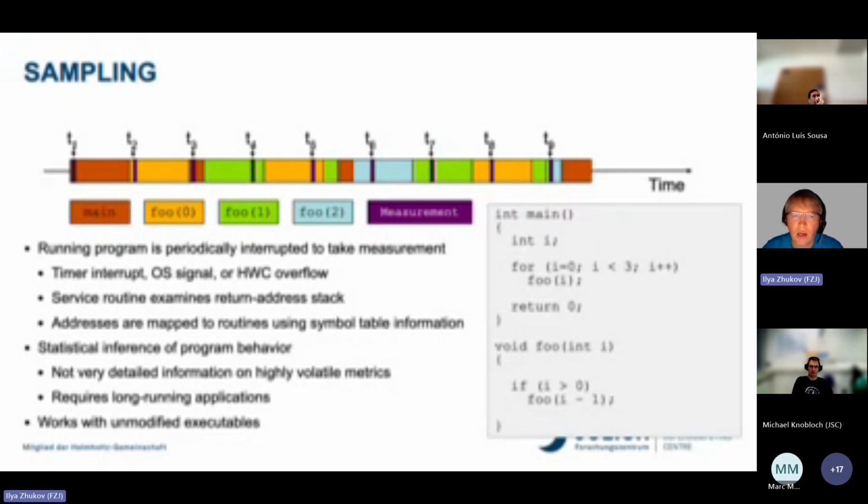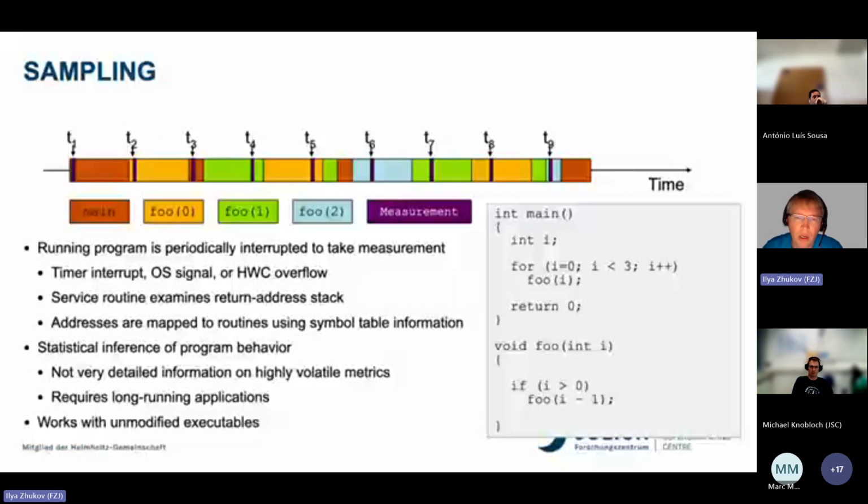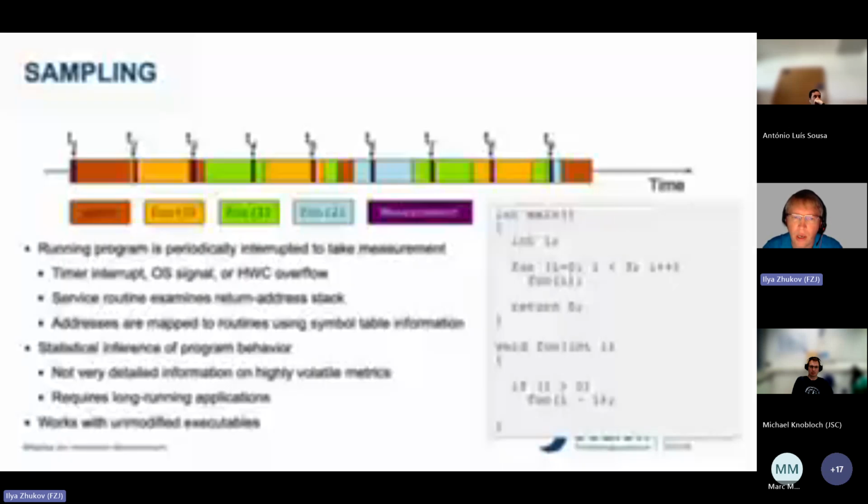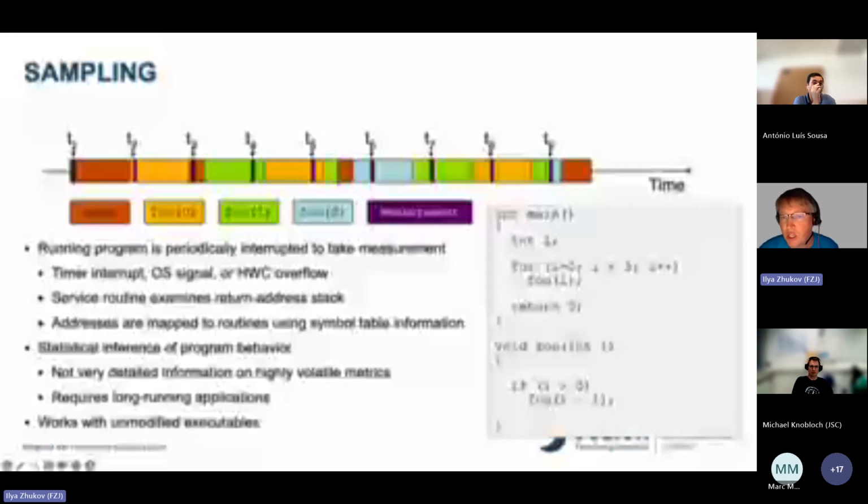There are different methods to invoke the sampler, for example, with a timer interrupt or signal or hardware counter overflow. But you can already see that we get quite sparse information. We won't get everything about our application. For example, some information about tiny functions here and here will be missing.